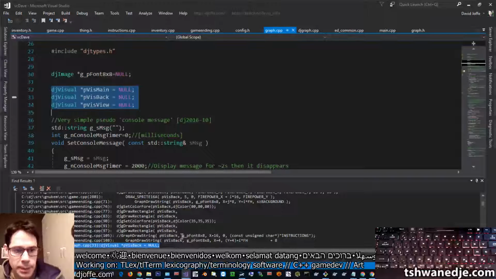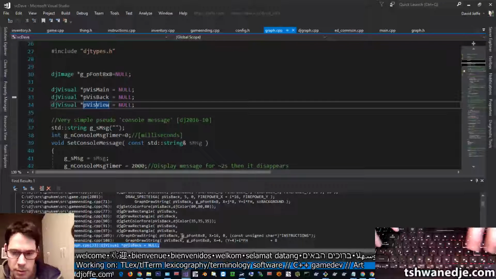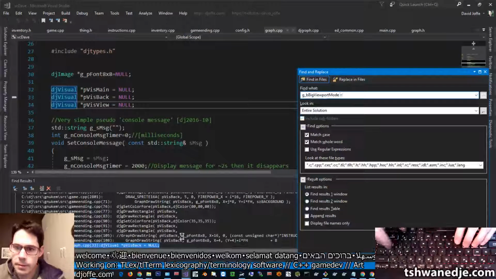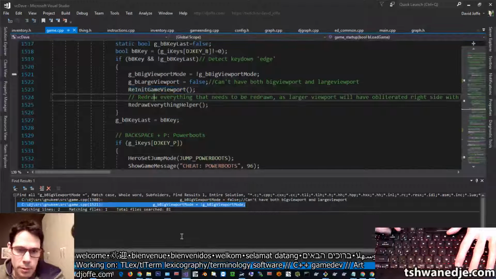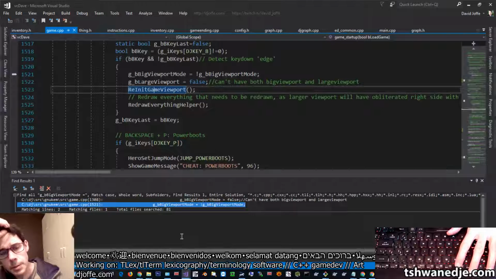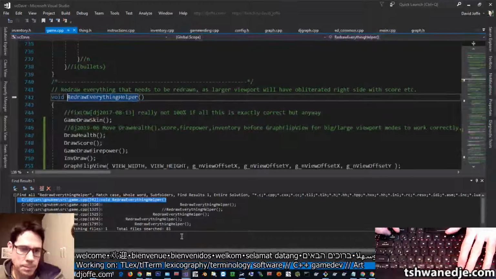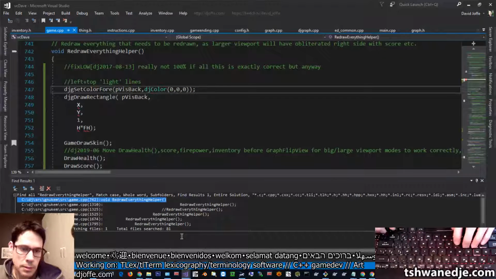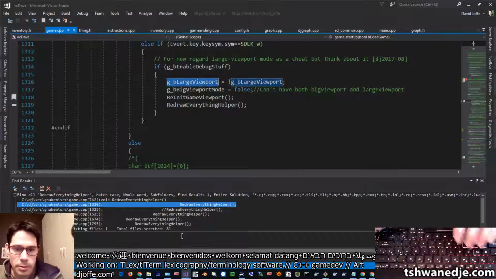See how many is main, was back, was view. There's others, I think. But yeah, re-init game viewport and redraw everything helper. Should that clear the back buffer? I'm not sure. Maybe something like this. So if large viewport or big viewport mode,